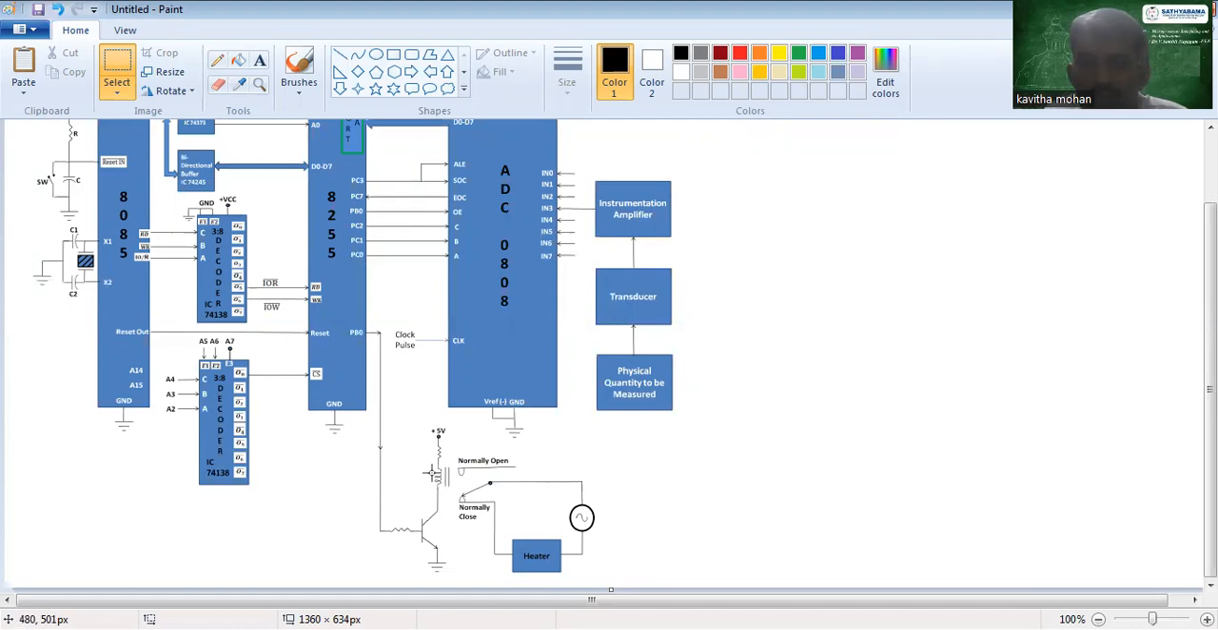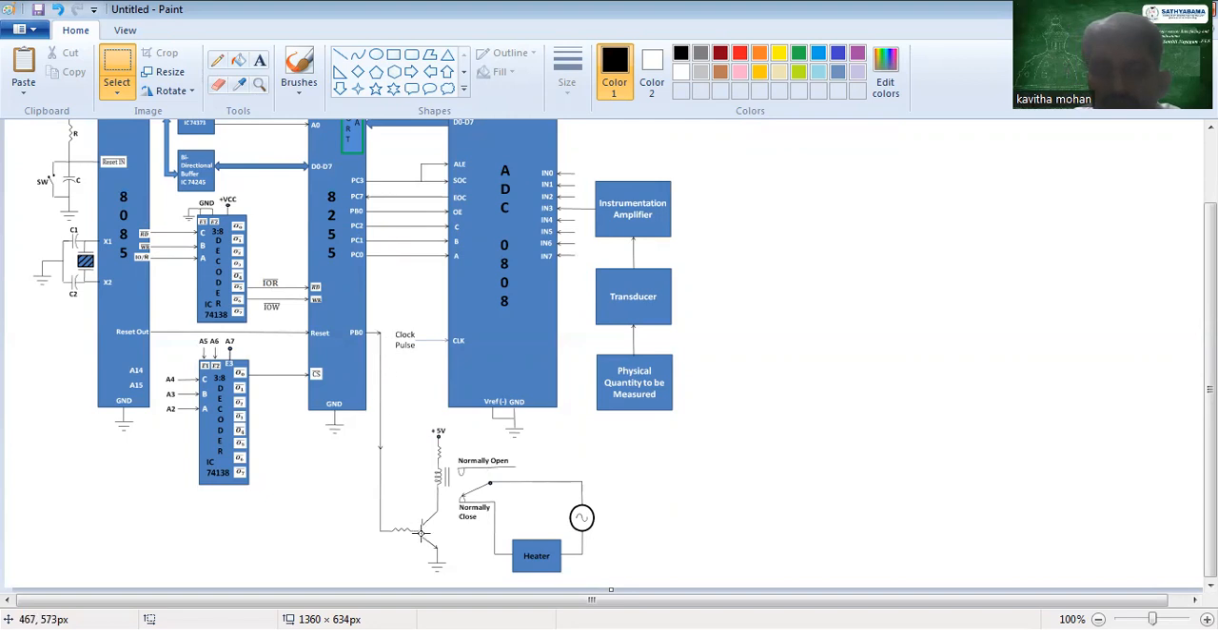So this relay will be given supply with the help of this transistor, if this transistor is turned on with the help of the signal from the 8255. The 8255 is controlled by the microprocessor. So if the microprocessor decides to turn on this heater, it will send the signal to the 8255, and then the 8255 will send the